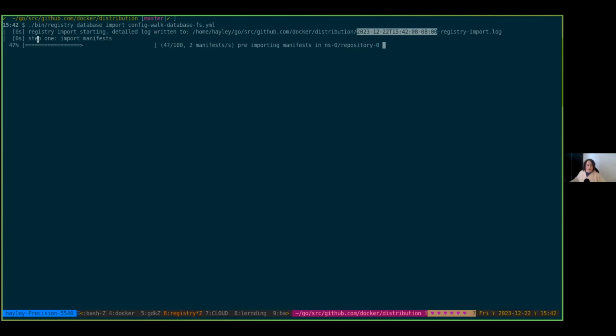And we can see that we're now on step 1, and we're about halfway through this first larger repository, and we can see what repository we're on right here. You can see also the rate at which the step is happening. And for steps 1 and 2, we'll have a progress bar per repository because that's the level that we're able to